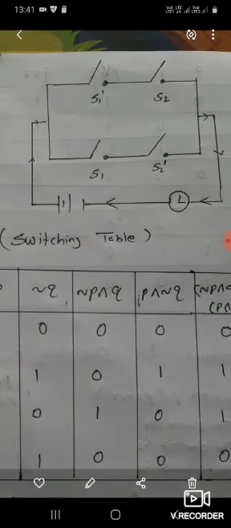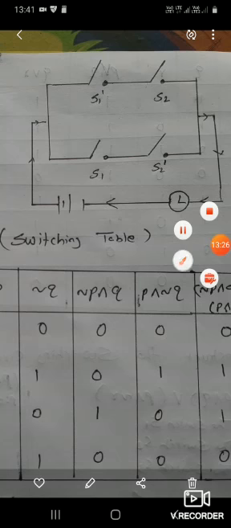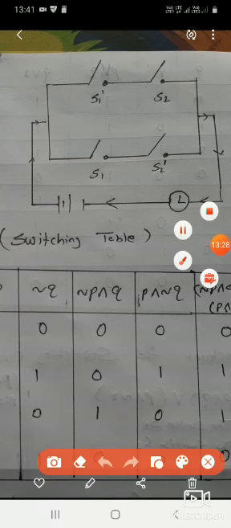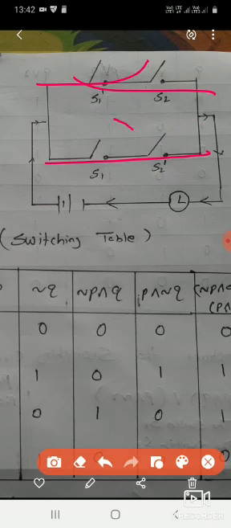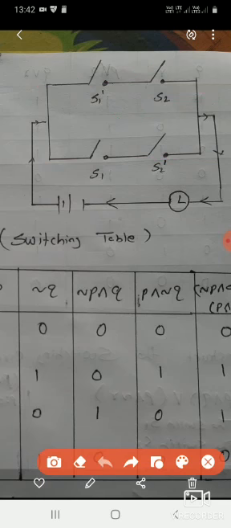Listen now. Here in this sum, from the exercise, we will take the sums and do. This is given. First, let me discuss this one. It is S1 dash, S2 dash, S1. First, I am going to see these two are in parallel connection. One R is going to come. Next, S1 dash and S2 are in series connection. First, I will define P, Q and L.